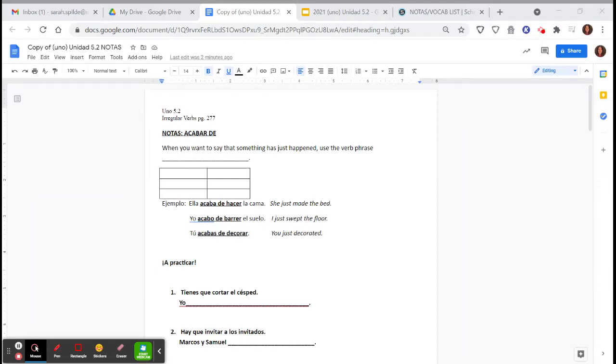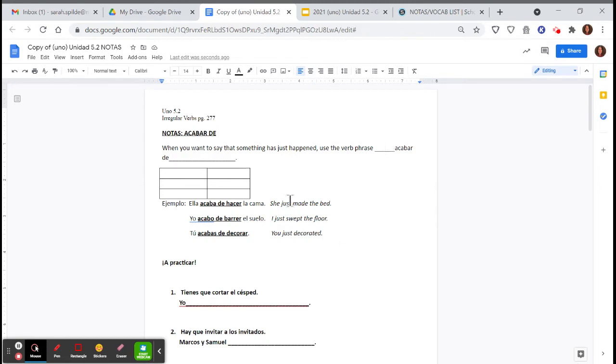Okay, today we are going to take notes on a phrase, acabar de. If you notice on your vocab list, you will see this phrase as saying to have just. So if you want to talk about something that just happened, we're going to use the phrase acabar de. So if I said, for example, I just cleaned my room or I just did my homework, communicating that thing that just happened, you're going to start your sentence with this phrase. Notice that the definition is to have just.